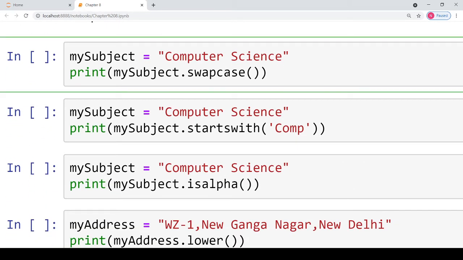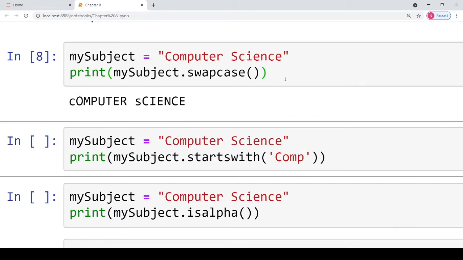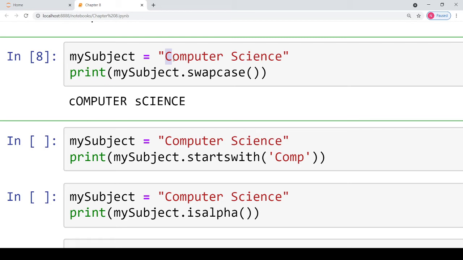Now coming to the next part. In the next part, we are using a built-in function, the swapcase function for string manipulation. And what it will do, it will change the casing of each and every character. If in the original string a particular character is present in lowercase, then in the output string, the character will be present in uppercase and vice versa. So the original string had only 2 characters, C and S in capital case, rest all were in lowercase. But the output string contains all characters in capital case except C and S. Okay.